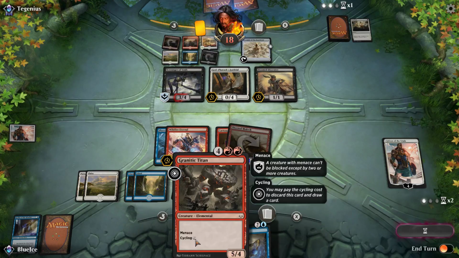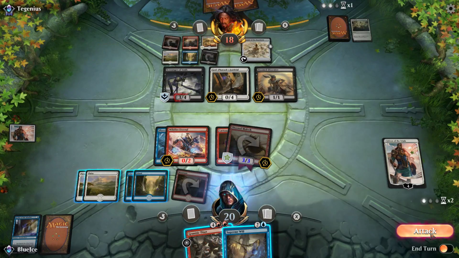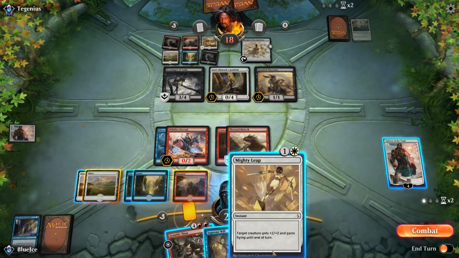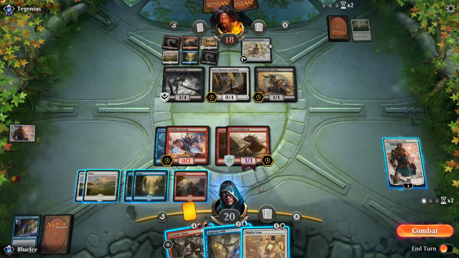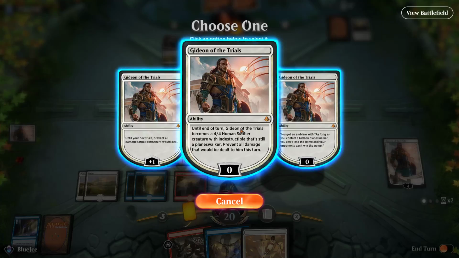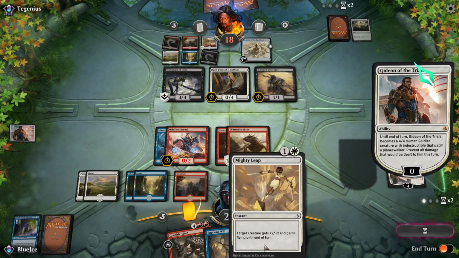I am really hoping for another red. I could use this, but I kind of want to keep that up to use it like a combat trick with my lizard. That's nice. Okay, so let's do that. So if I give him 2,